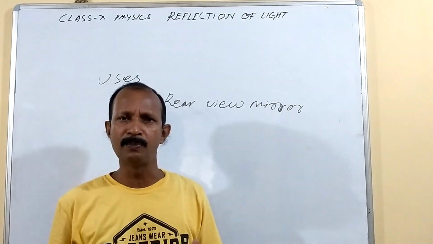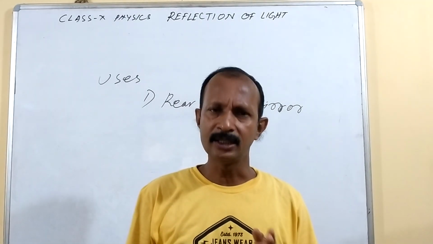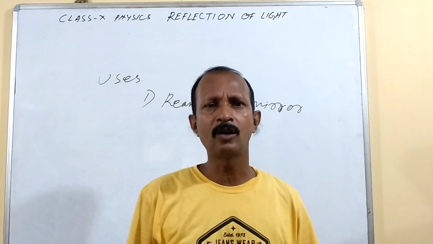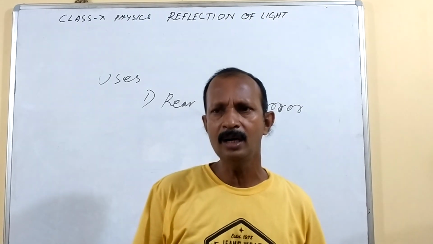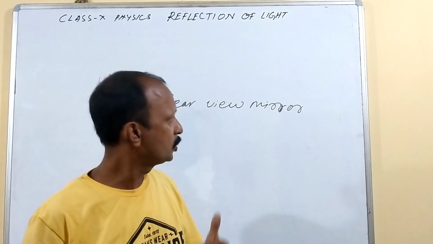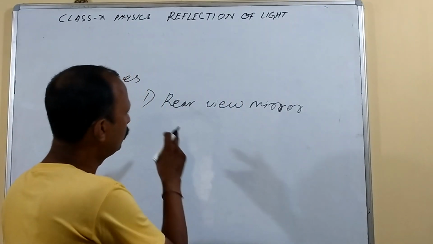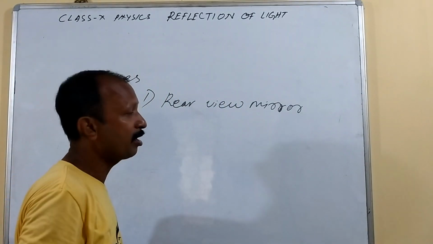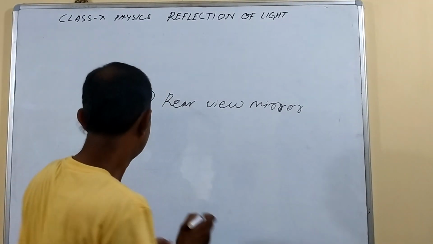So the image will be small, no doubt at all, but the image will be as it is in a standing manner, and it will cover a large field. So easily we can see the back side objects that are coming. So in the case of vehicles we use it as a rear view mirror, and in some other cases